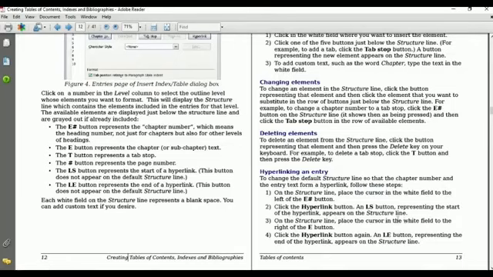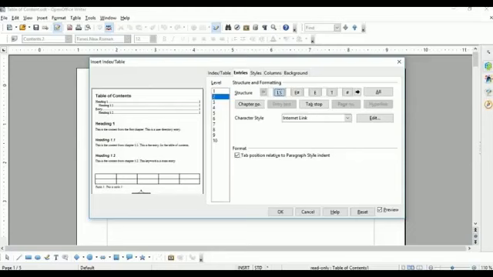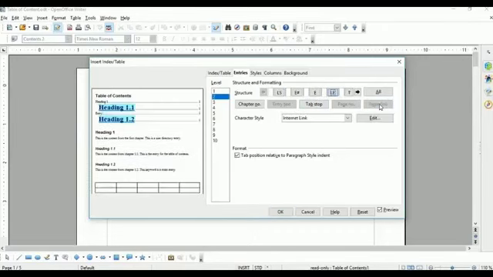Then on the structure line, place the cursor in the white field to the right of the E button. This is the E button, and this is its right. Again you have to click on hyperlink. Once you click on hyperlink, you will get LE. LE means end of hyperlink. Is it clear? It looks like this.